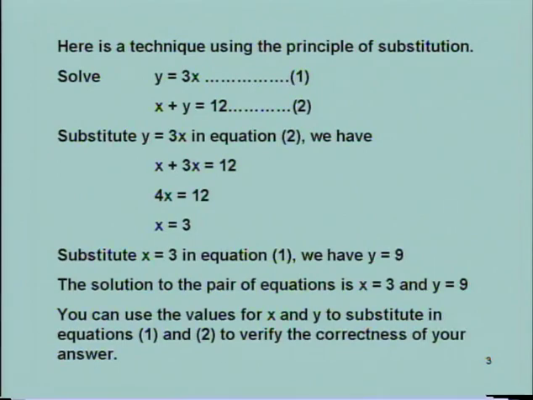That is, y = 3x. So if we substitute 3 for x, we will get y = 9. The solution to the pair of equations is x = 3 and y = 9. You can use these values of x and y to substitute in equations 1 and 2 to verify the correctness of the answer. For example,